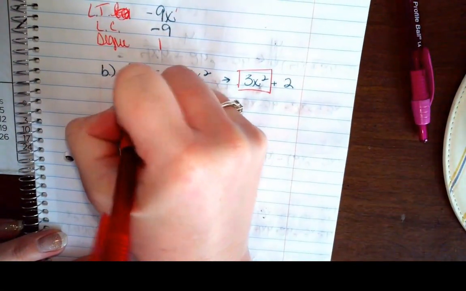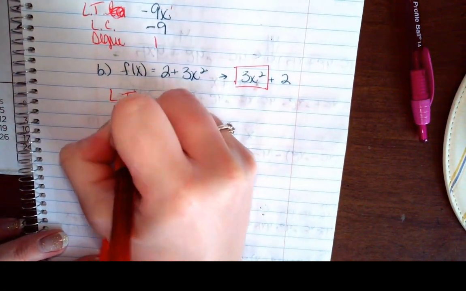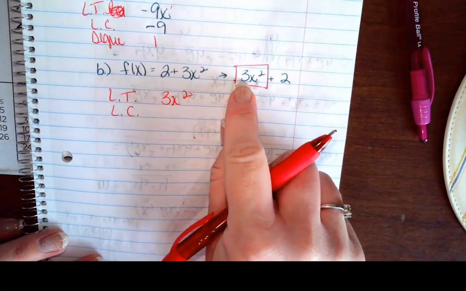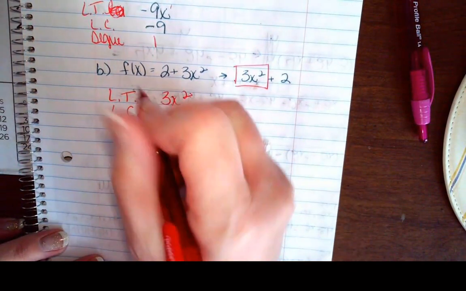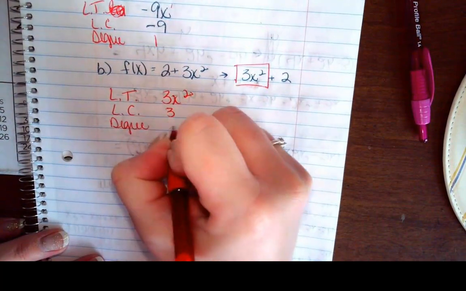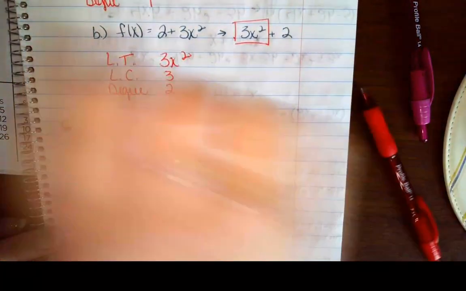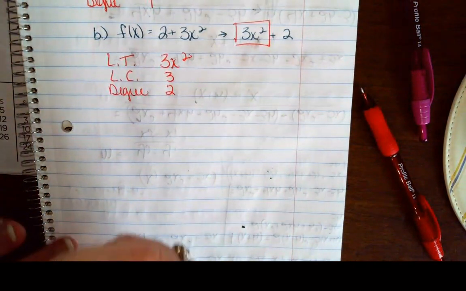So my lead term is going to be a 3x squared. My lead coefficient is the constant in front, which is a 3. And then my degree is going to be a 2 because that's the exponent that's attached. Let's do it again. All right, so I have